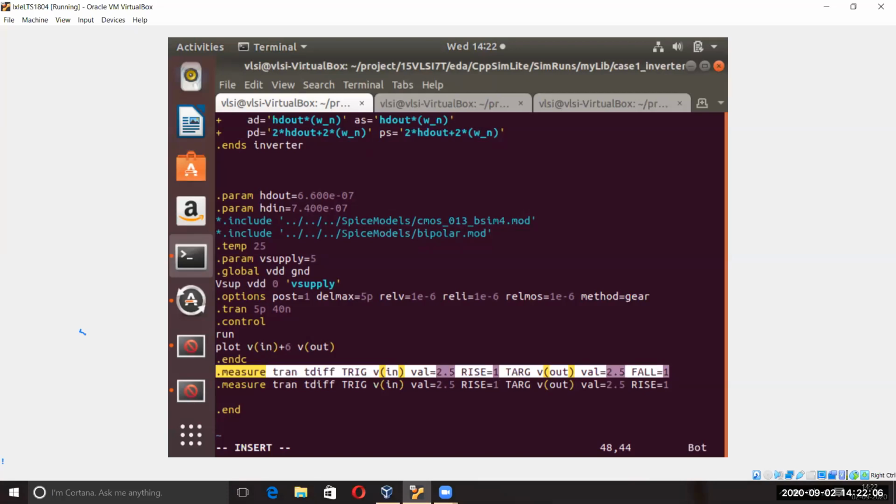That is measuring that thing, and that is TPHL. And again the reverse, TPLH and TPHL I have given. So for that I have given rise to fall, then fall to rise. Now it's done, ended with the .end statement.